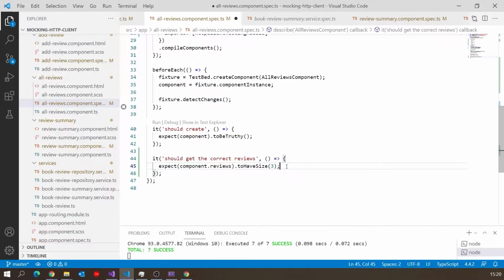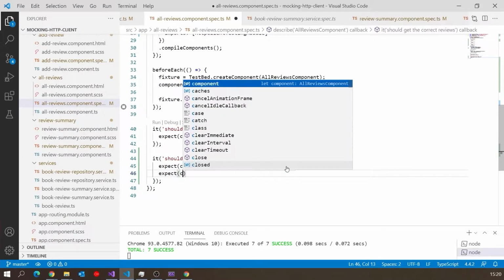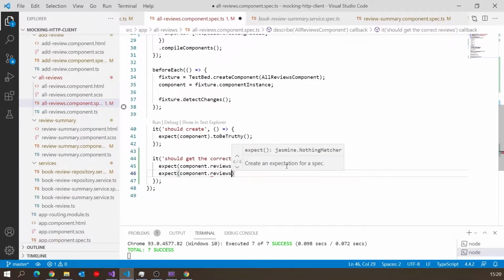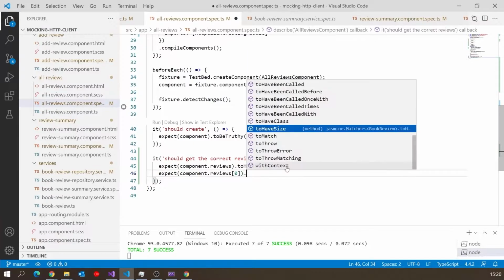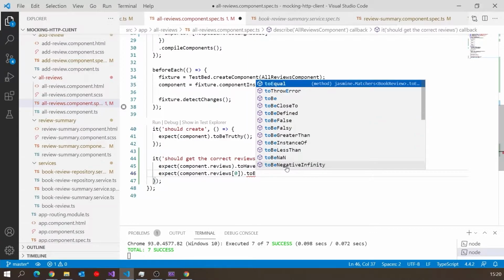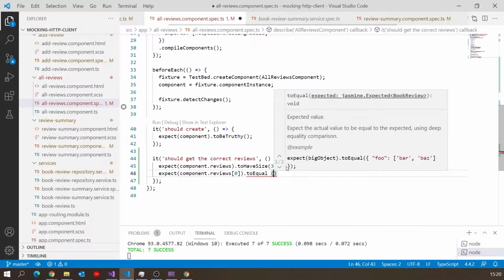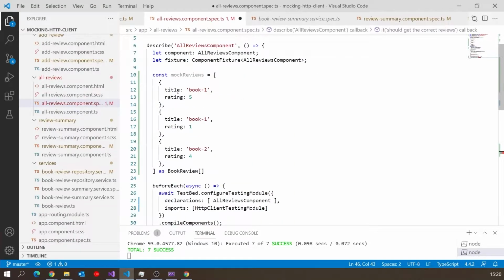And then let's do individual tests. So we're going to say expect component.reviews[0], and then we'll say toEqual, and then basically it's just got to equal what we had there. So let's just steal that.